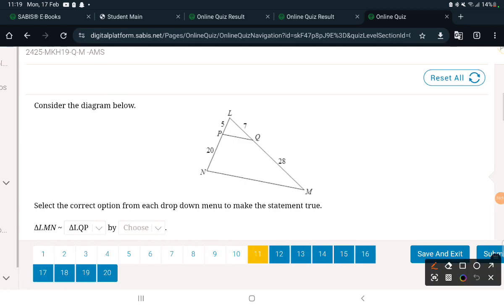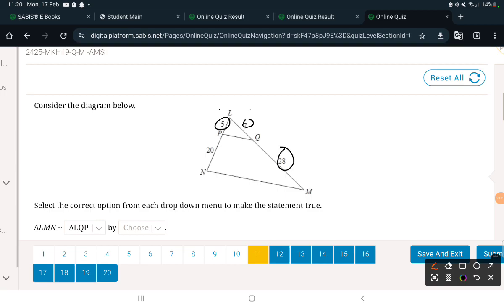Okay, and to find the theorem or postulate for how they're similar. Basically, if three sides in each triangle have values, then they are similar by SSS. But here you're only given two values for the sides, only 5 and 7 for the first triangle, and only